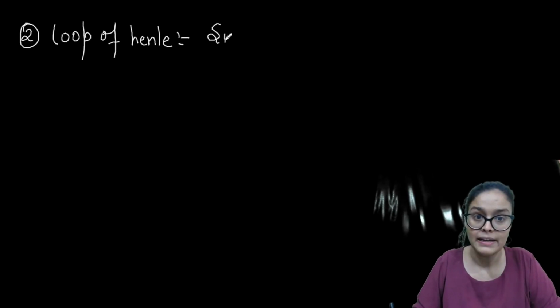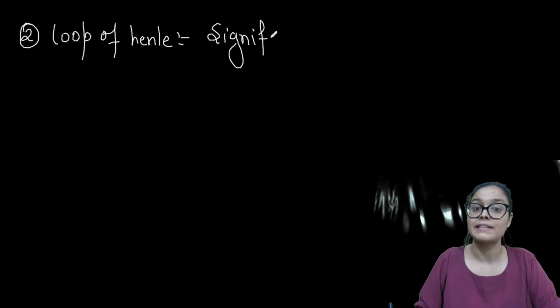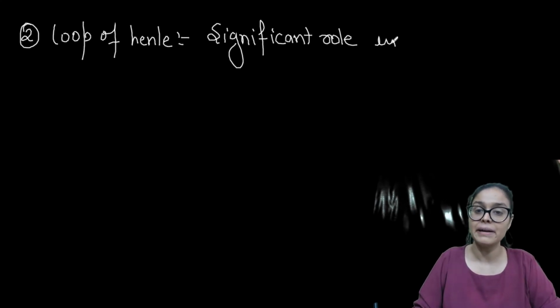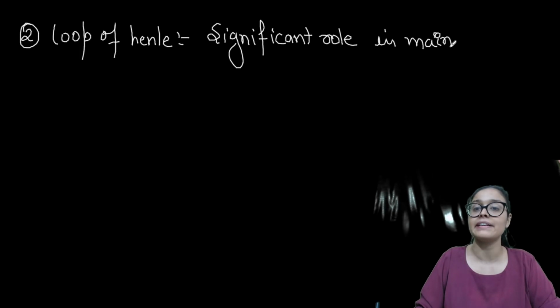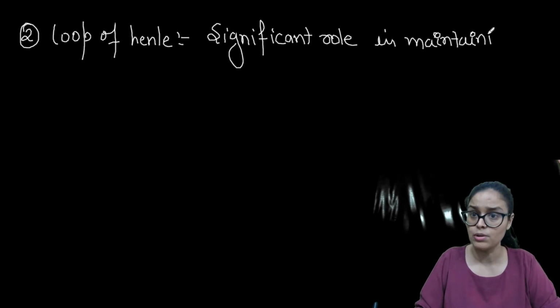Now the second part: after the PCT, fluid will go to the loop of Henle, right? So the second part will be the loop of Henle, and the loop of Henle has a significant role, and this is a very important point. Significant role in what? Significant role in maintaining high osmolarity in the medulla. And you know what is medulla, right? Maintaining very high